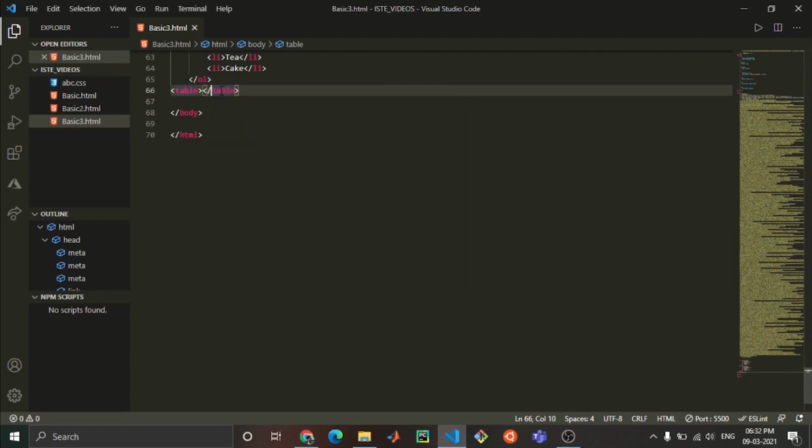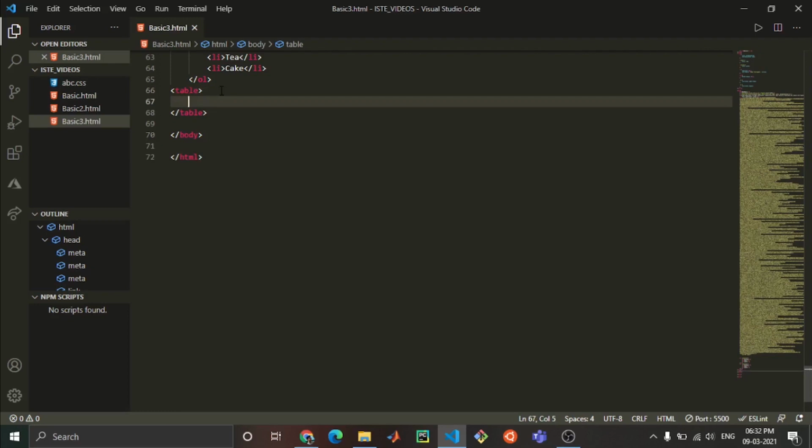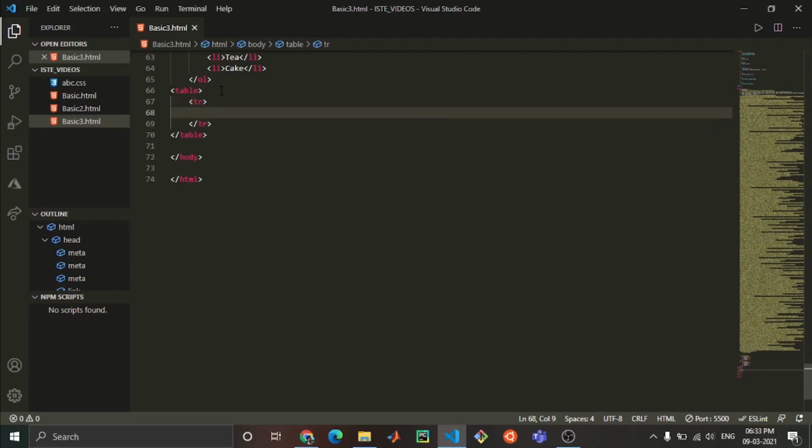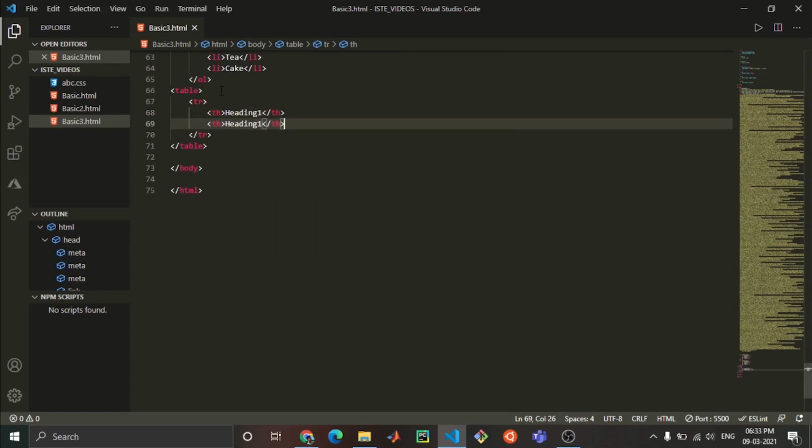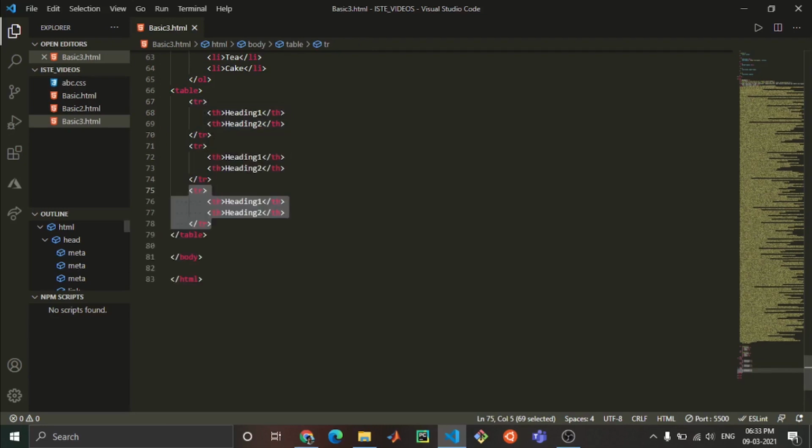After that, you have to take the row tag. For row we are using tr, and after that we have to give the heading tag th. So in this heading tag, you can just give heading 1, Control D. After that, heading 2. Now in this table you can just copy paste these things.